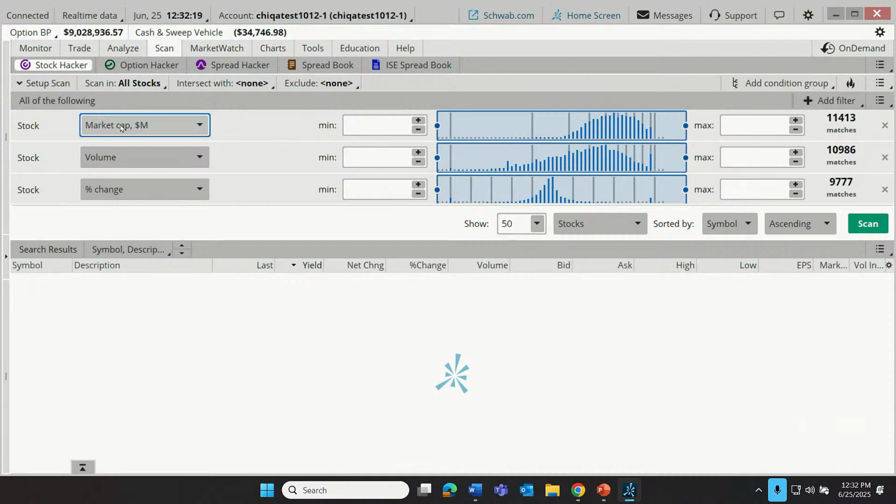So let's say our trader is interested in market capitalization, but maybe their low end is $2 billion. But maybe they've capped it. Maybe they prefer to stay in that mid cap range. So let's take this up to $10 billion or 10,000 million.